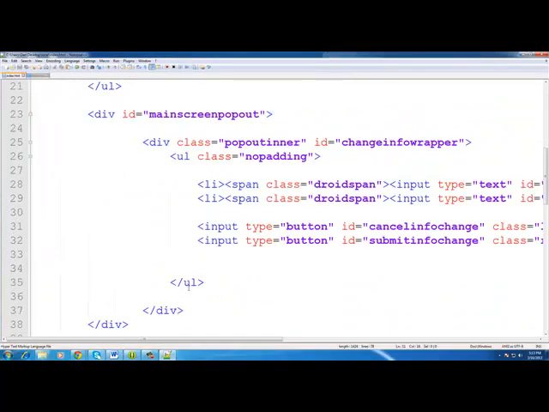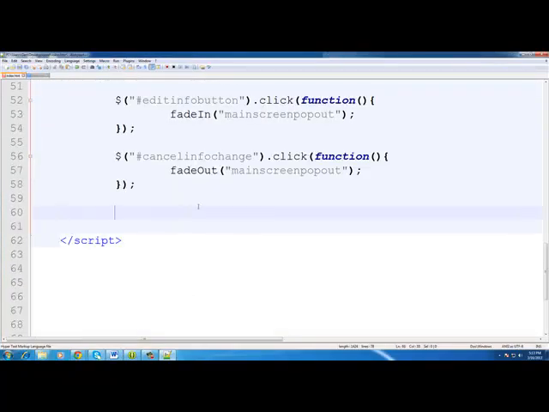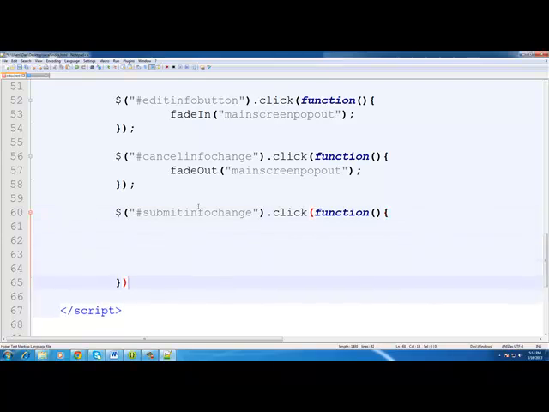Okay, so let's build our script. Submit change dot info. Submit info change dot click function. Okay, so now we're setting up our submit info change click function, and now let's apply some action to it. So what do we want to do? We are going to save our